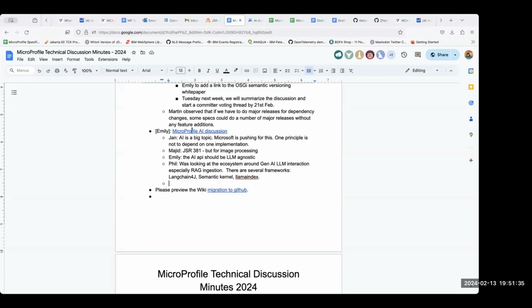So after MicroProfile 7, when the release and scope are settled, we could form an interest group. We come together and brainstorm, and during brainstorming we decide whether we are going to make a thing or not. If it's not a good timing, maybe we just wait. If we can come up with a plan, we just start doing a prototype. What do people think?